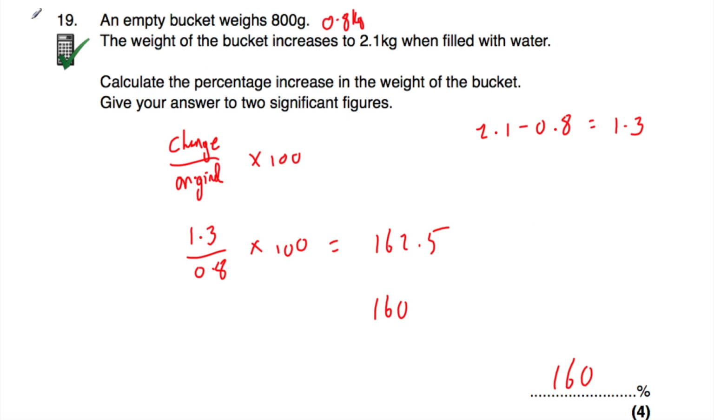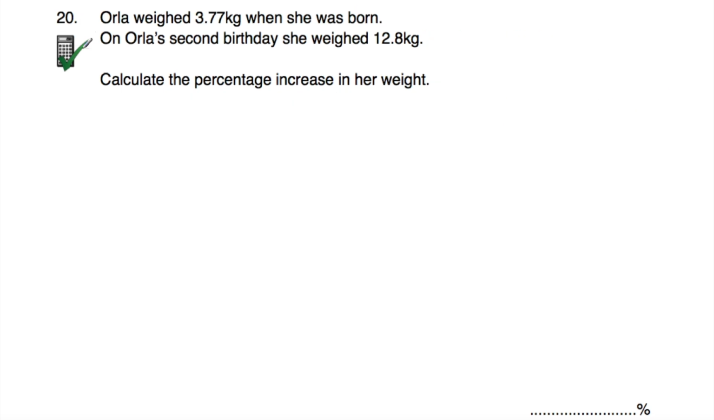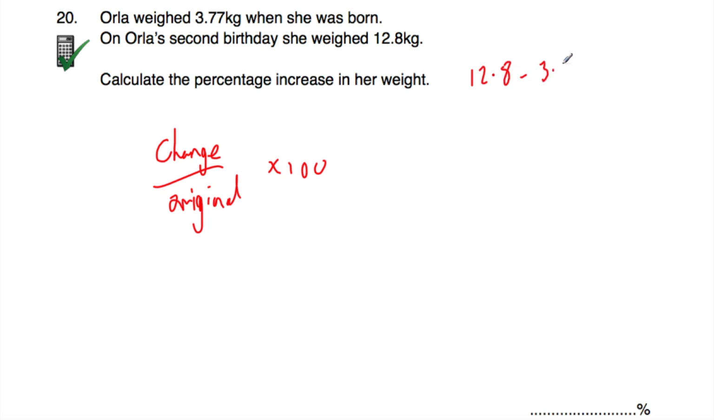Okay, let's look at our next question, question number 20. Okay, so question number 20 says, Orla weighed 3.77 kilograms when she was born, and on Orla's second birthday, she weighed 12.8 kilograms. Calculate the percentage increase in her weight. So we want to work out the percentage increase, so again, we're going to do the change divided by the original, change over original, times 100. So the change, well, they're both in kilograms, that's great, so we can do 12.8 subtract 3.77, and